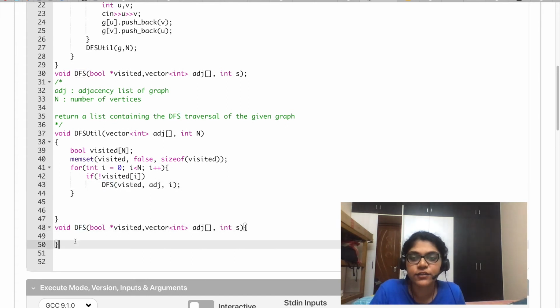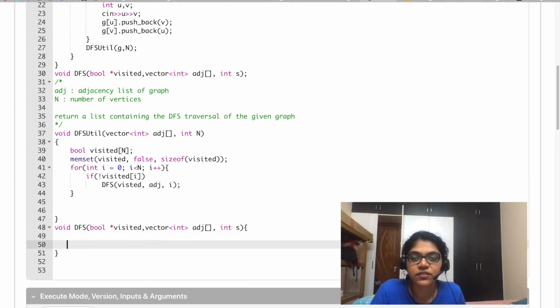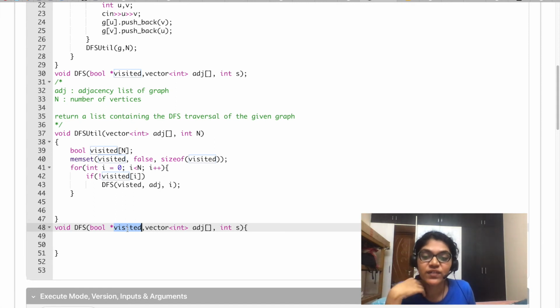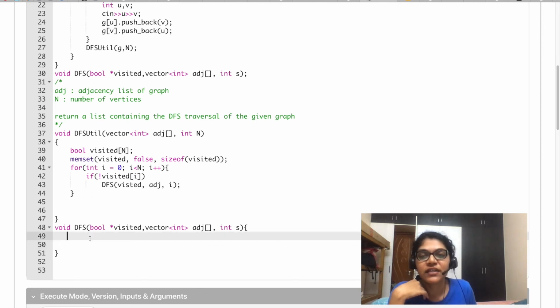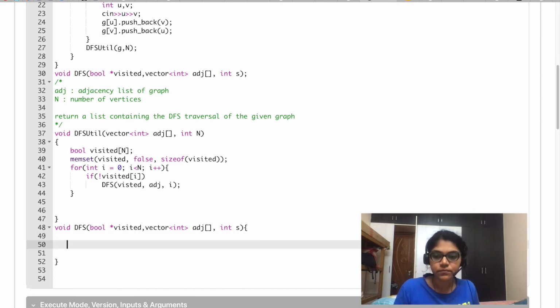Now coming to the DFS function, you can see we are passing the visited array by reference. This means any changes we make in the visited array will be reflected everywhere. So now we have our input to start for the current component s.